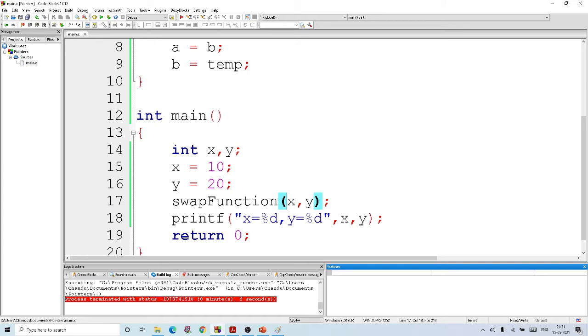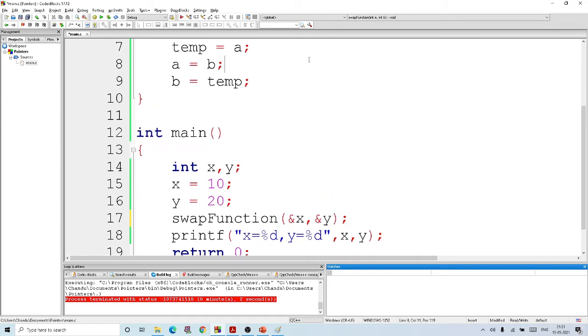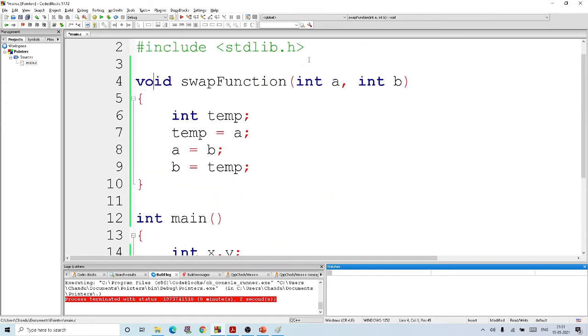So there is another way to call the function, that is called call by reference. We are passing the value of x and y here. Instead we can pass the address of x and y. This is called call by reference. Since we are passing address of x and address of y, we should give a pointer here, because it's not a normal variable but a pointer. Now the same program, instead of a we'll give *a, instead of b we'll give *b. Now let us see what happens.